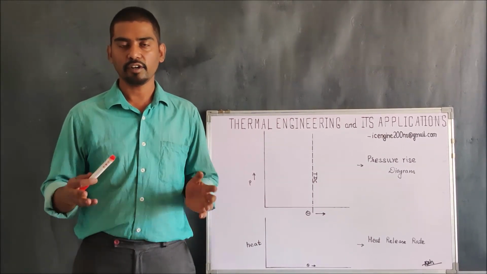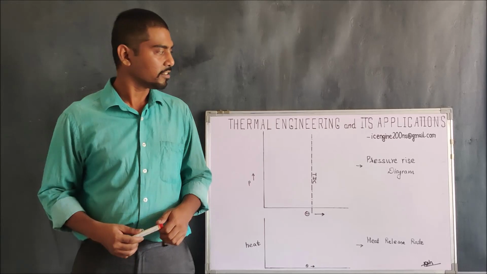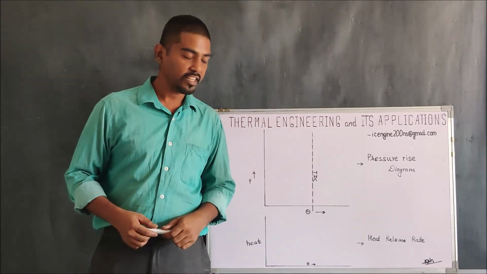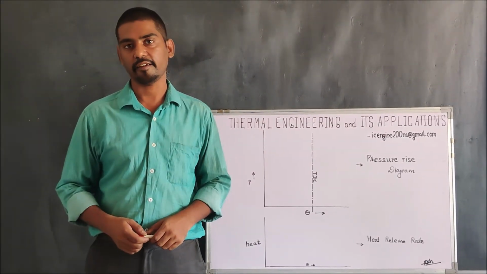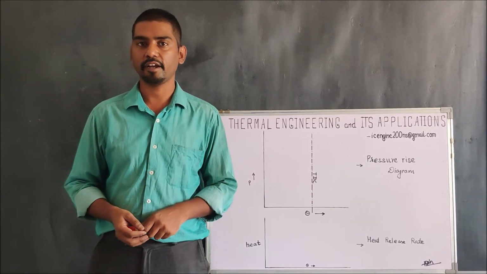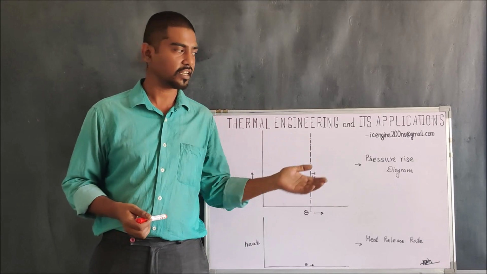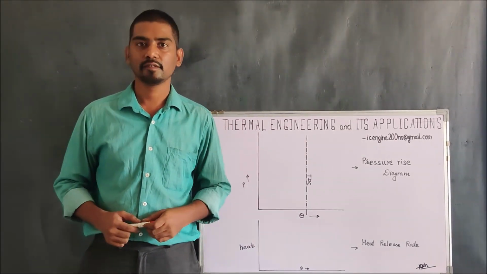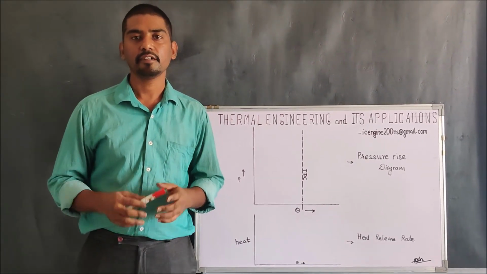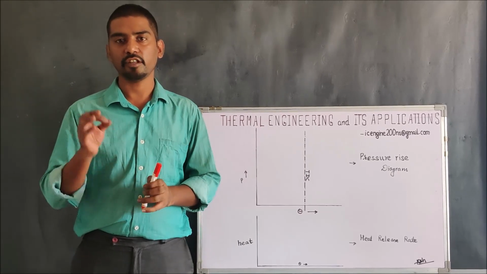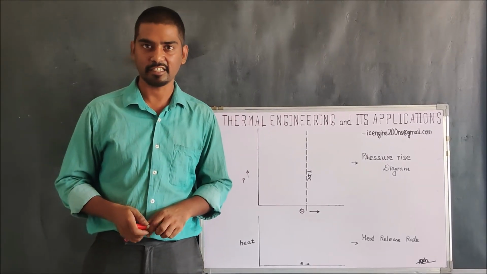So today's topic that we are going to study is the pressure-crank angle diagram in relation to the heat release diagram. How are these two diagrams compared with each other, and what is the impact of heat release rate on the pressure diagram? Now this pressure diagram directly denotes the actual phenomenon of combustion in a CI engine.